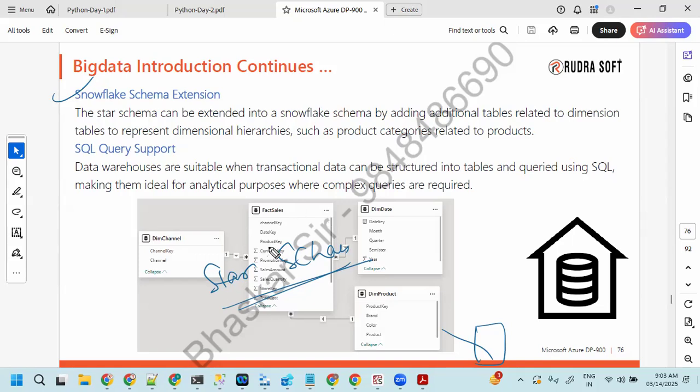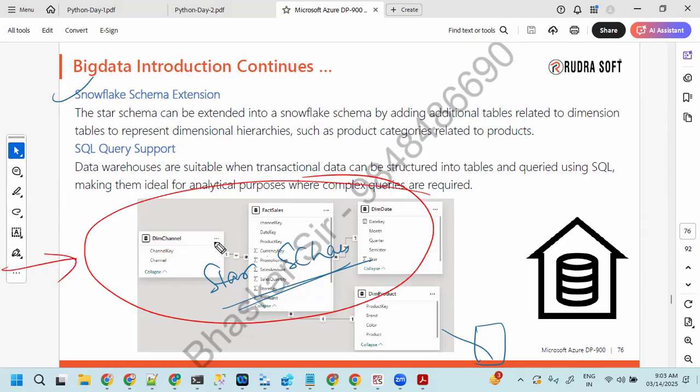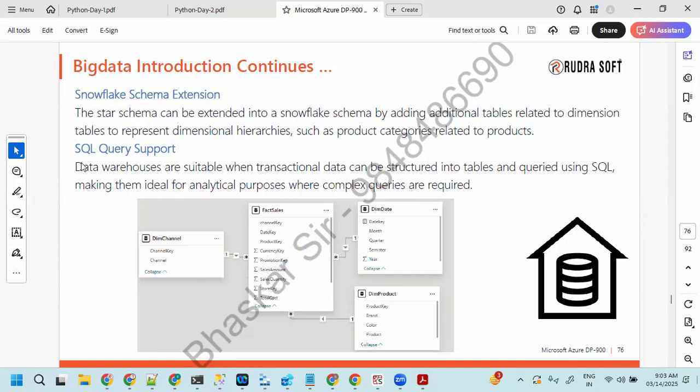You don't need to worry about it because you're not going to be part of this. We are going to be part of feeding the data into this place, but we are going to handle the gold layer as part of our data engineering process. In the gold layer, I'll talk about how these schemas work in a little more detail so that you can understand. SQL query support will be provided by the data warehouses, but when you go here, it is not going to be there.